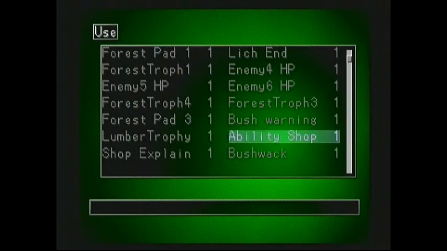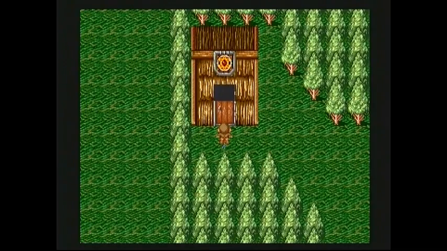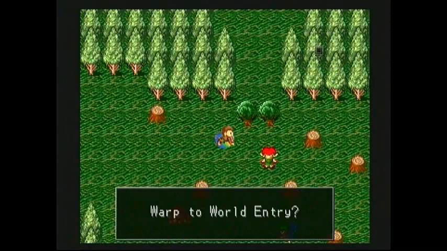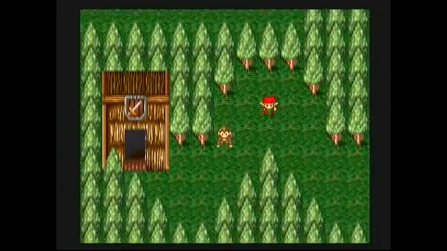Yep, sure enough, we still have the ability shop item. We had 2, but when we were brought out of the shop after learning Bushwhack, we were left with 1. And the shop is closed, so we can't go back into it. However, since we do still have that ability shop item, if we go into the attack shop... I'm going to quick save just in case...